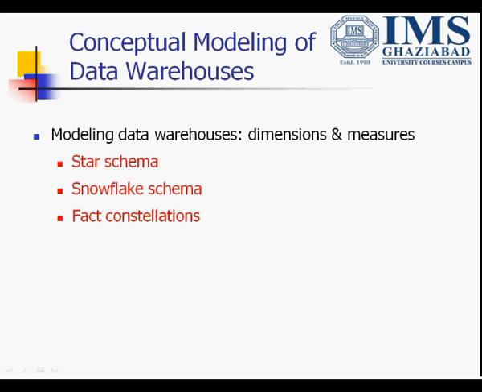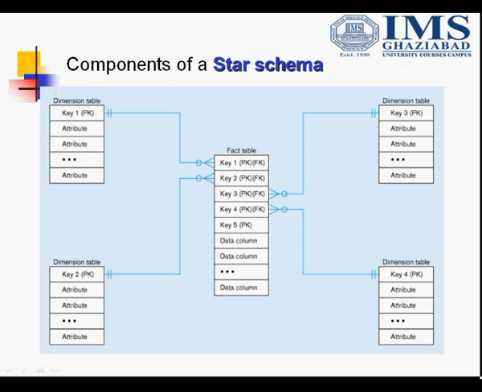All the schemas consist of two types of tables. The first one is the fact table, and the other one is the dimension table. The fact table generally stores the main key parts of the database as well as some attributes, whereas the dimension table will store all the subject areas in detail. So let's start in detail with how the schemas work.